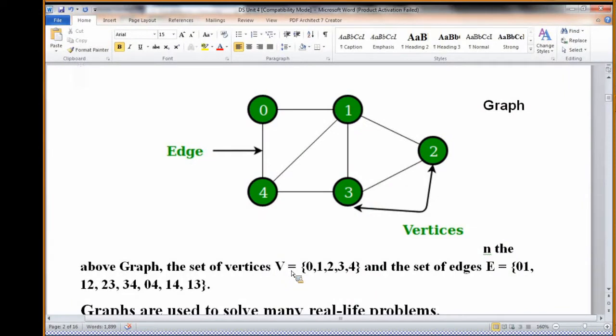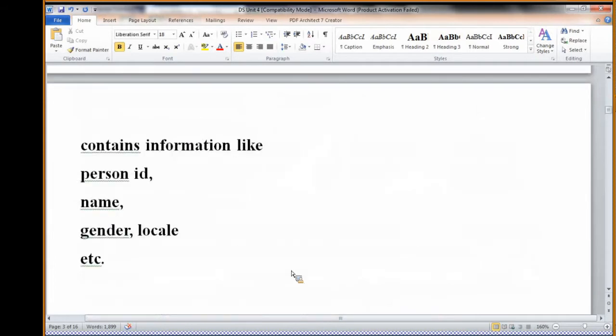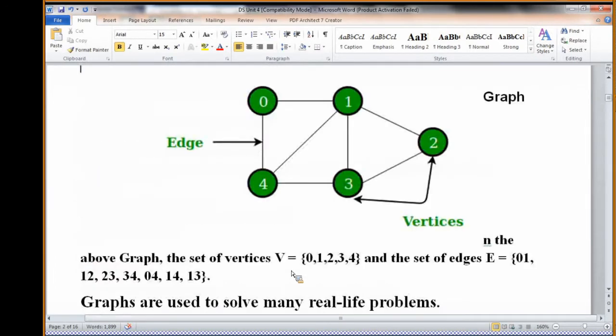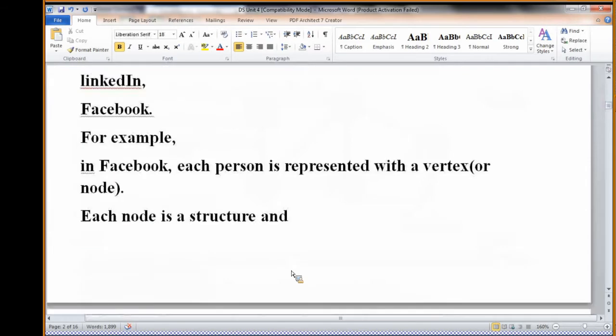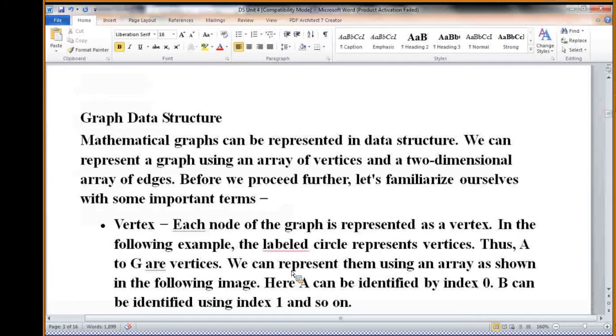Okay. So here the vertices are represented using a one-dimensional array. V, a single-dimensional array, has 0, 1, 2, 3, 4 as the nodes, and the edges are represented using a two-dimensional array, because they connect two vertices. That's why 0,1; 1,2; 2,3; 3,4; 0,4; 1,4; 1,3. So all of these are in the two-dimensional array we use to represent the edges, while the vertices are in the one-dimensional array.